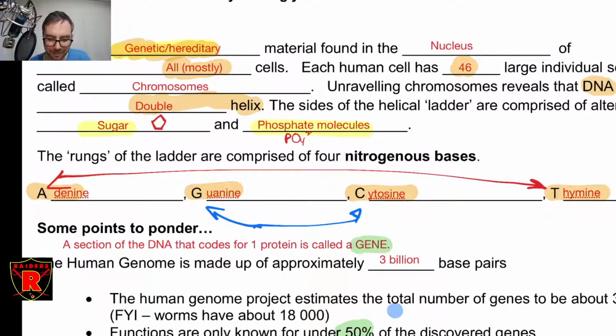And you'll notice that I've connected 2 of them together here with an arrow. And that's because those 2 always are paired together across the center of the ladder. If you have an adenine on one side, you must have a thymine bound to the other side. You have to. They physically are chemically incompatible with each other. Their bonds will not allow them to sit adjacent to each other because of where those chemical bonds sit. They will be pushed away, and you will not be able to bond that DNA together. So you have to put a thymine across from an adenine.